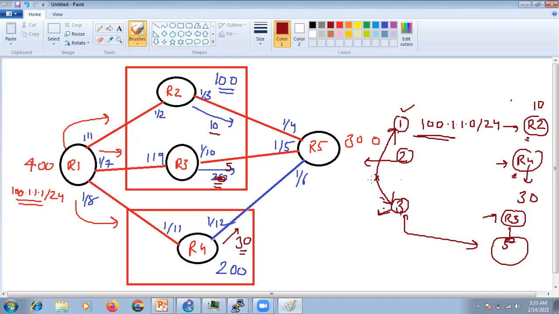So let me repeat it again. We received the update from R2, which is in AS 100, right? After that, R4 sent the update, and R4 is in 200, and at third number R3 sent the request, which is in the same AS 100, but these two values are not going to be compared, because these two updates are not consecutive, these are not one after another. So these two updates must be one after another, only then it is going to be compared.